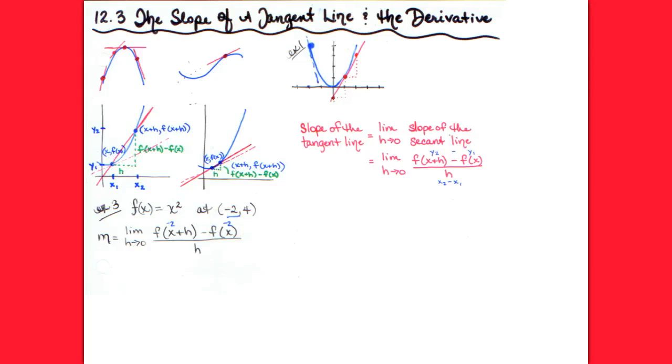Page 826, section 12.3, we're looking at what the book calls the tangent line problem. And basically the idea is I want to find the slope of a tangent line at any point along a graph. On 826 it says calculus is a branch of mathematics that studies rates of change of functions. If you go on to take a course in calculus, you'll learn that rates of change have many applications in